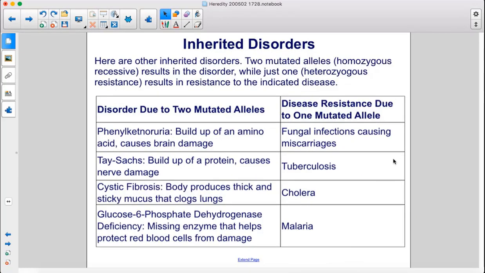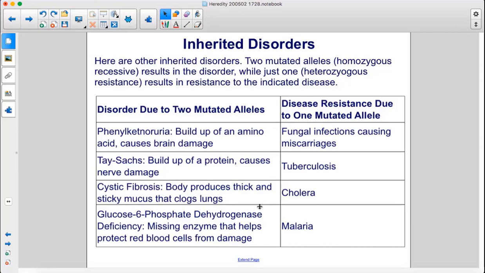Here are other inherited disorders. Two mutated alleles result in the disorder, while just one results in resistance to the indicated disease. Phenylketonuria is a buildup of an amino acid causing brain damage, but one mutated allele offers resistance to fungal infections causing miscarriages. Tay-Sachs is a buildup of a protein which causes nerve damage, but one mutated allele offers resistance to